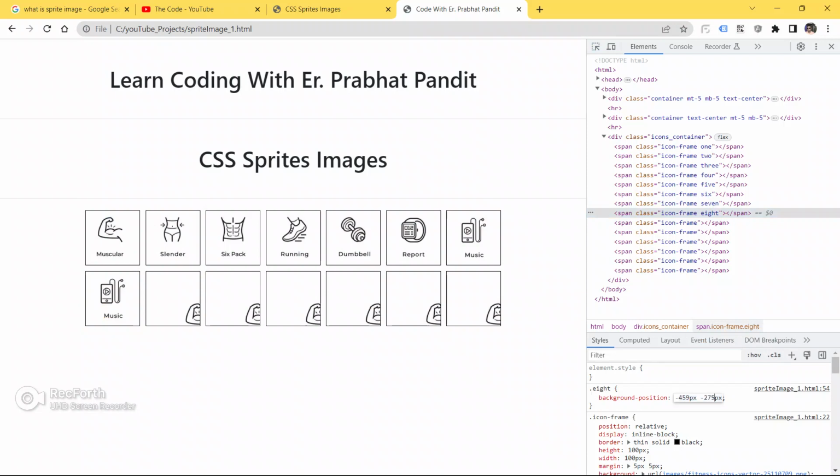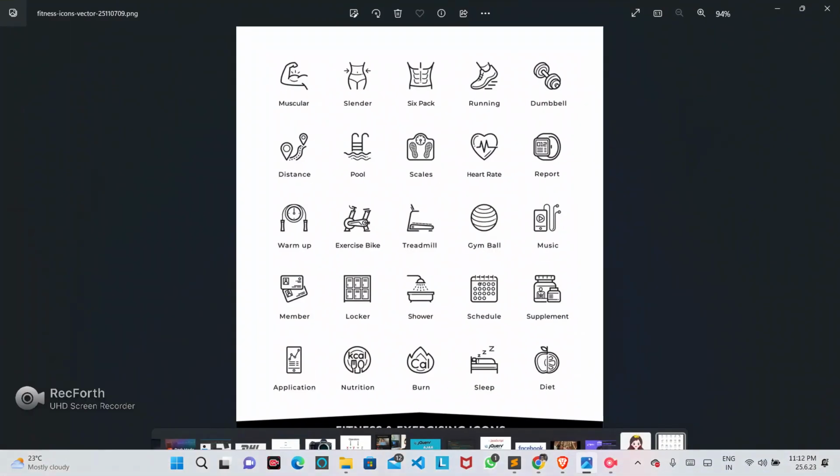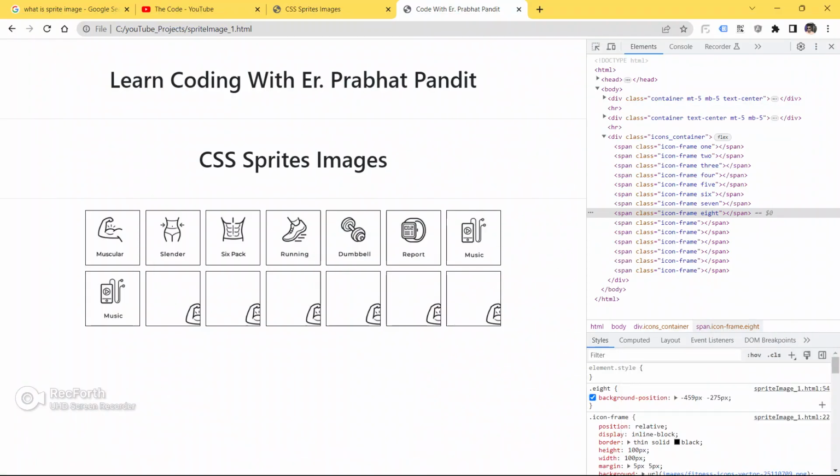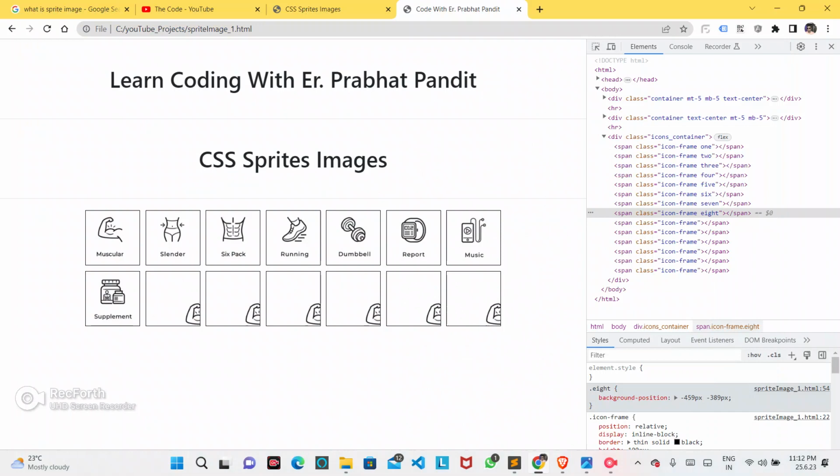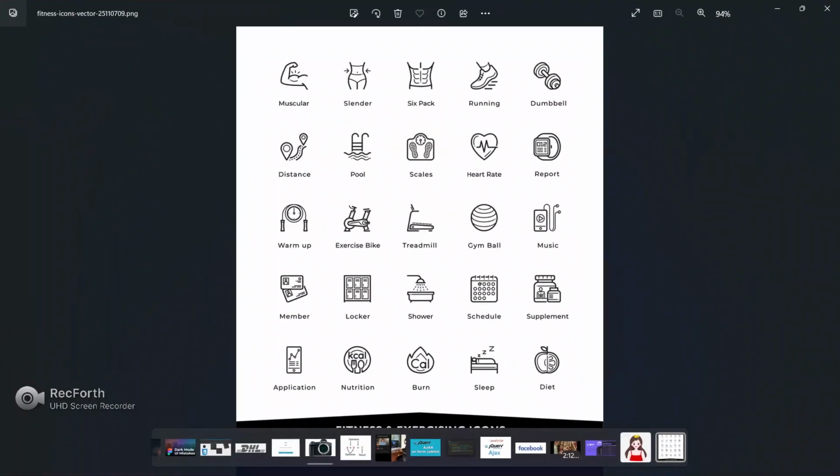Okay, so now we are gonna change this image. Let me see the image first. So we have to go again up. Okay, or see, this is the image here guys.